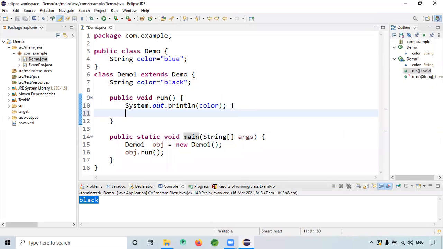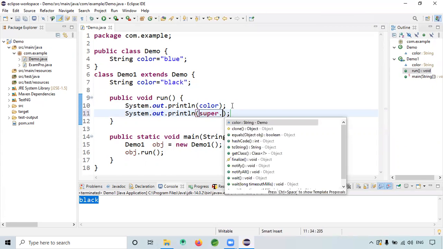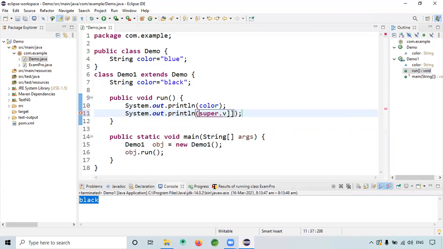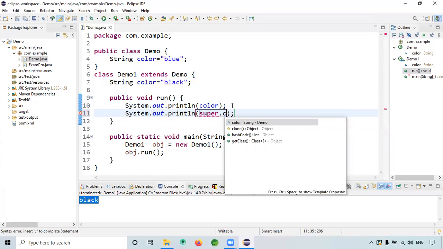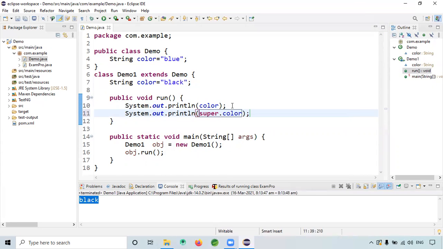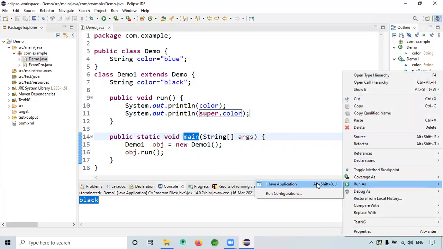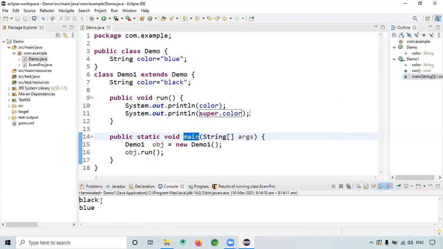So that time you give super dot color, like this. When I run this program, black and then blue, black and blue it will print. There is one more concept here. Let's say,